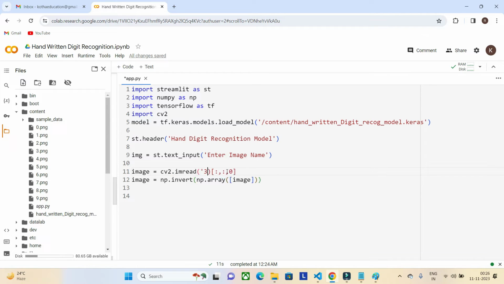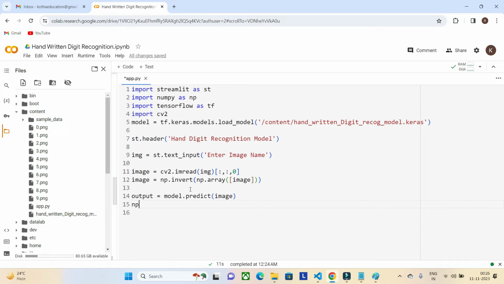Instead of this one, I'm going to use img. So we have the image. Next, what else do we need? We have to pass it to the model. Output is equal to model dot predict of image.